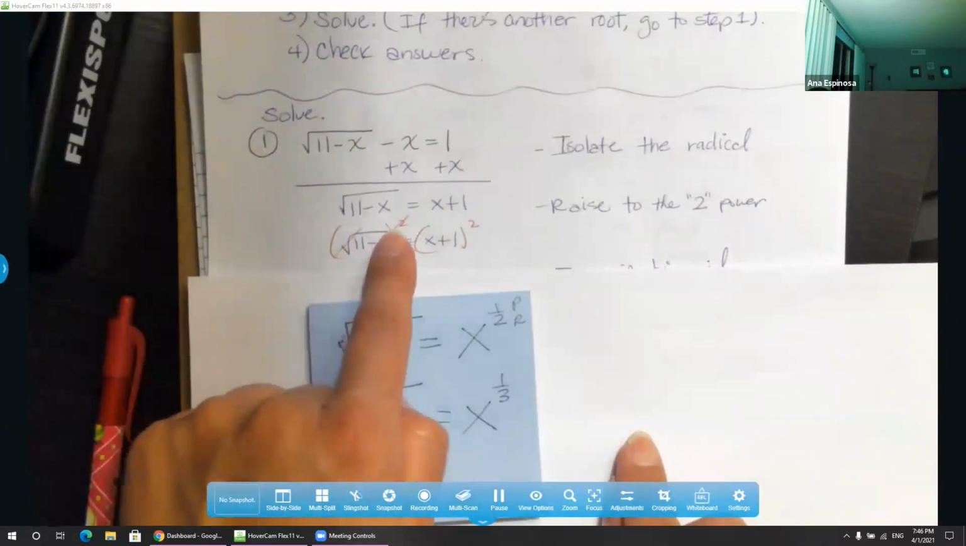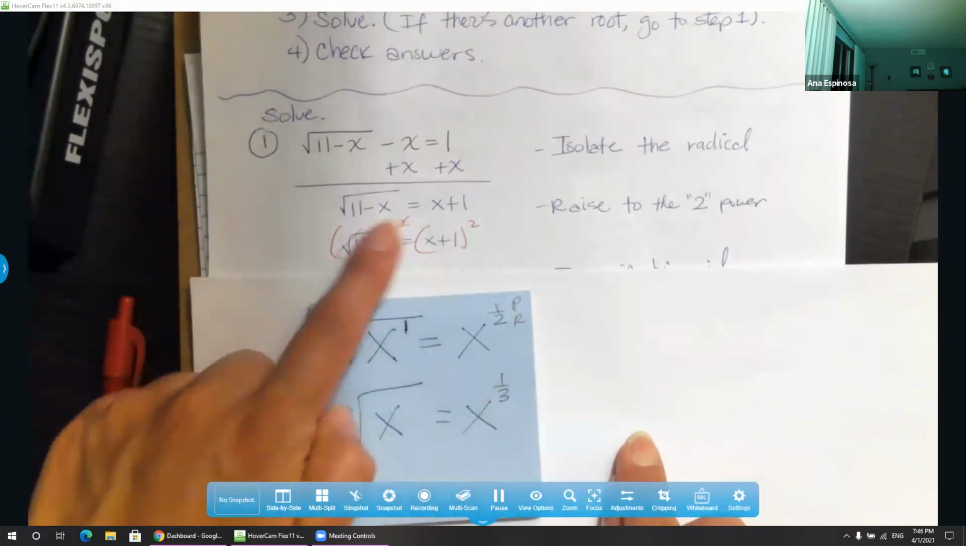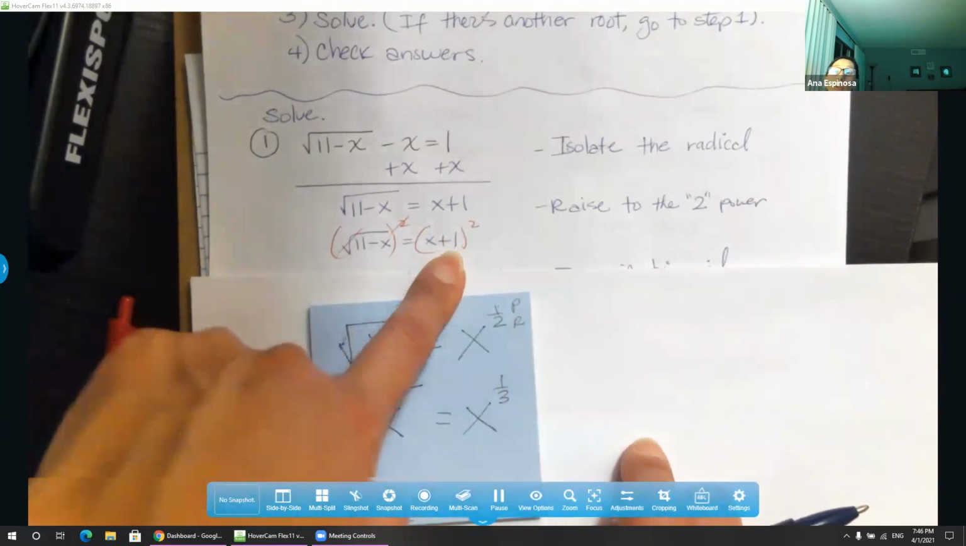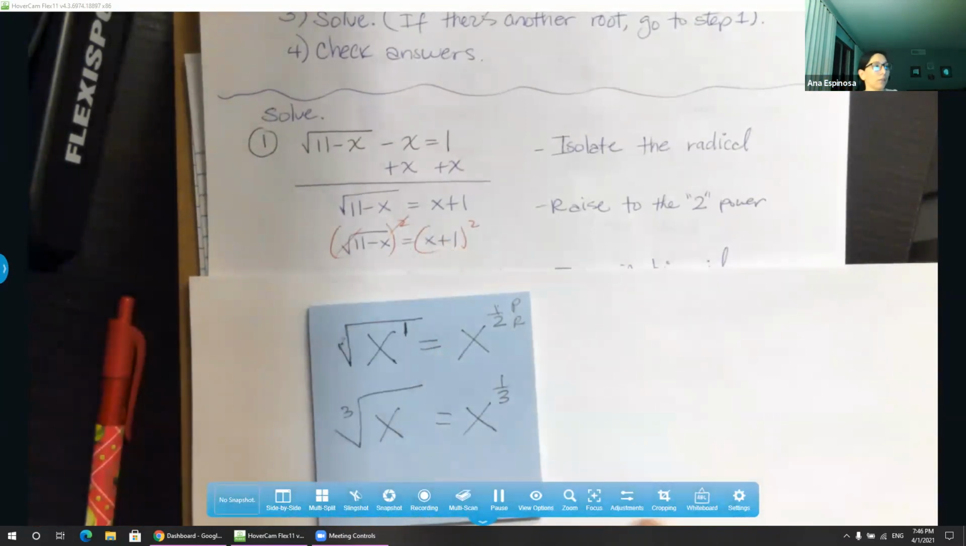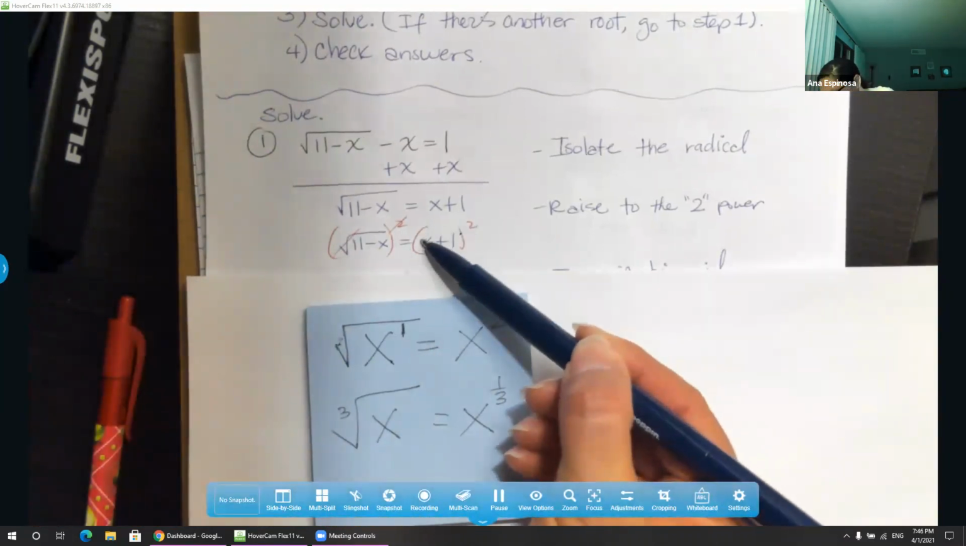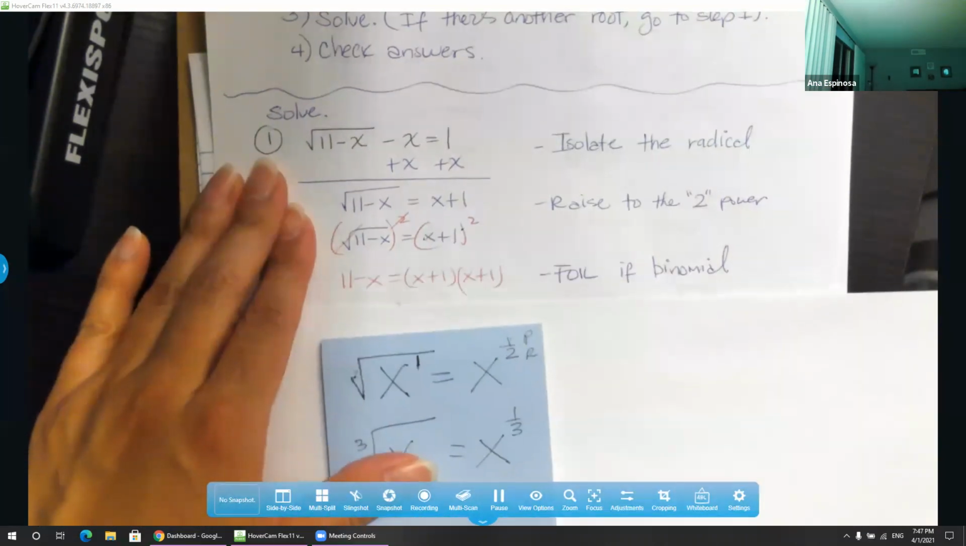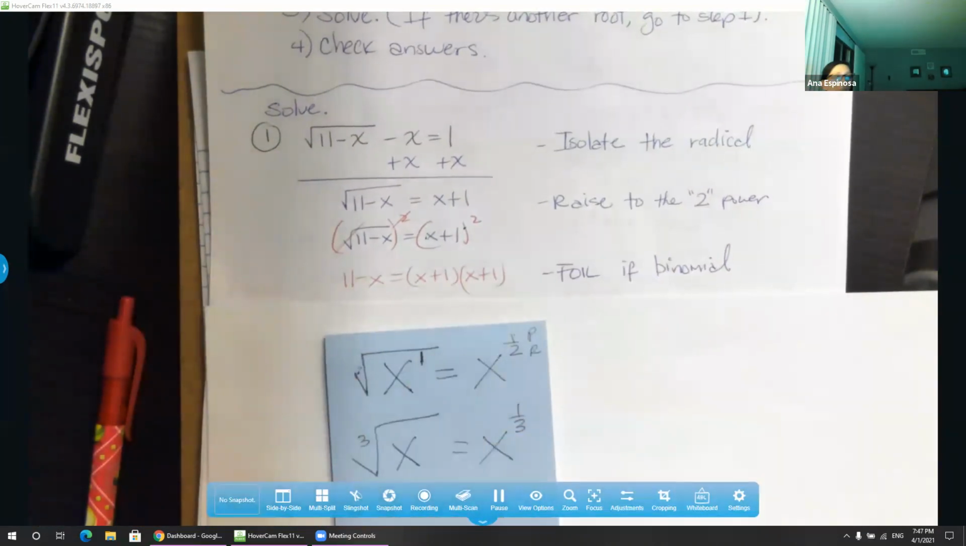So we take each side to the 2. Squares and square roots cancel, as you already know. This is a binomial squared. You are not allowed to just square the x and square the 1. That's illegal. You'll get this wrong. Okay. So FOIL, if it's a binomial,